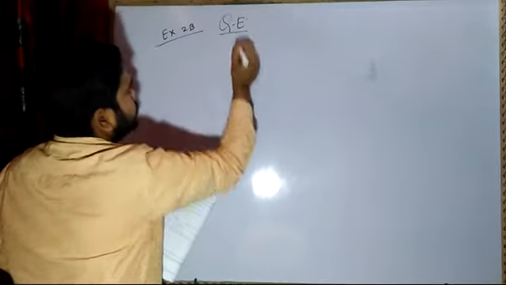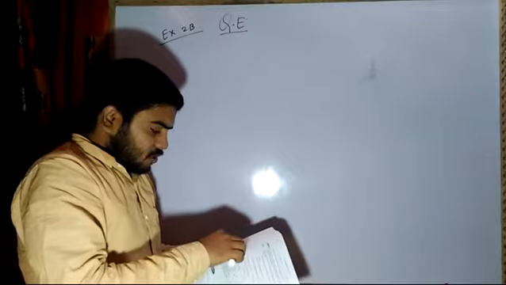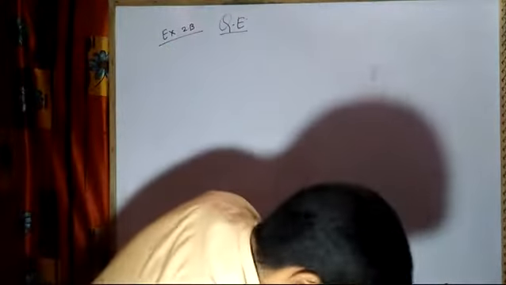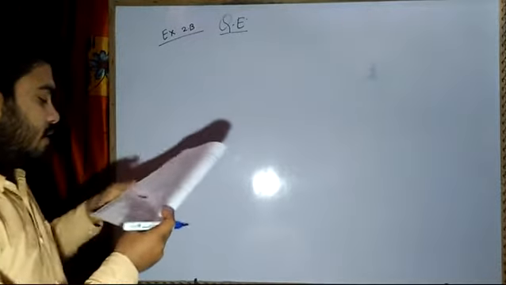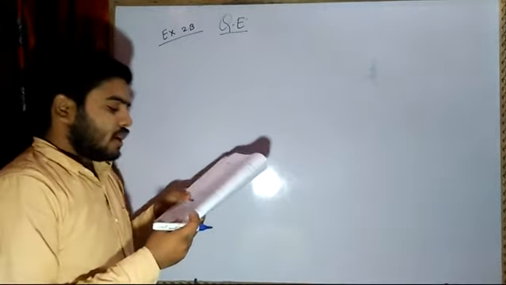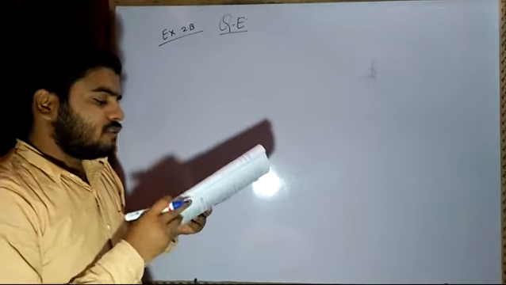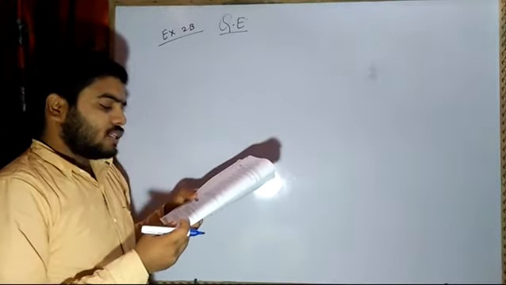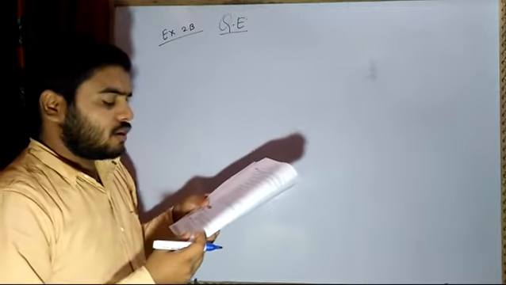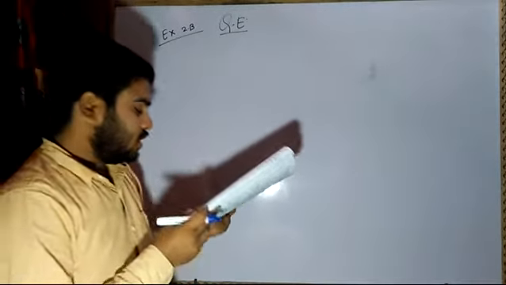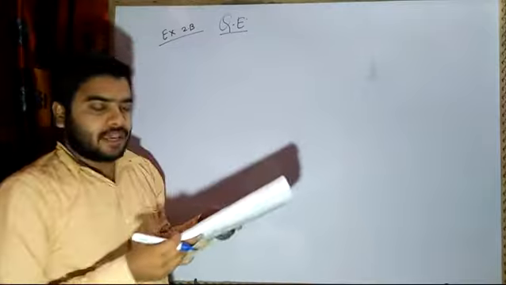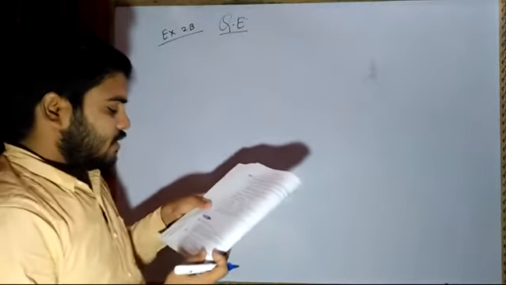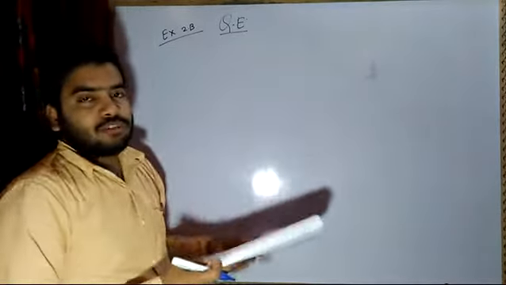Question number 2b, question number 2 only I will be taking here. For every liter of petrol, one car travels x kilometer and another car travels 5 kilometer more than the first. If the first car uses 4 liters more than the second car in covering 400 kilometers, frame an equation for the statement to find x. So here they have already given what is given and what they are asking.